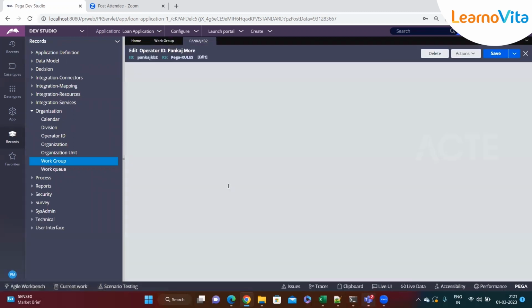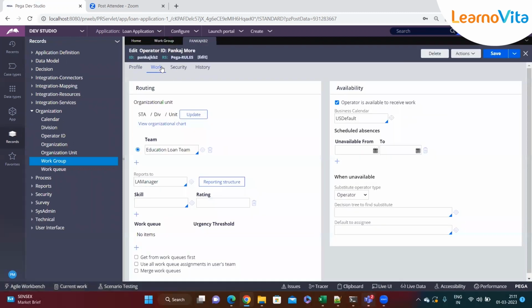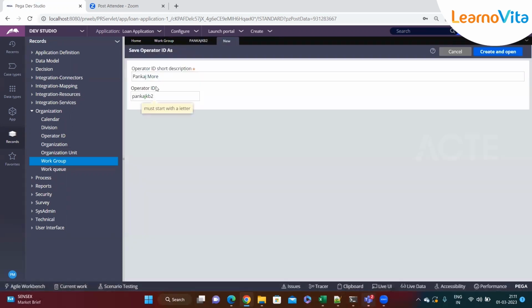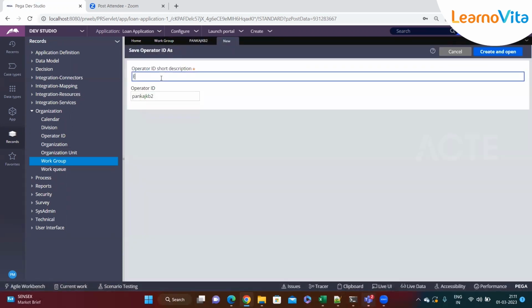So if we open the operator ID and go here in the work tab, here I'm saying that I belong to this team. Whatever loan comes for education loan, route the task to me and I'll handle it, and I'll see whether that particular person can take the loan or not. Okay, and then similarly I'll create one more operator ID as Save As,